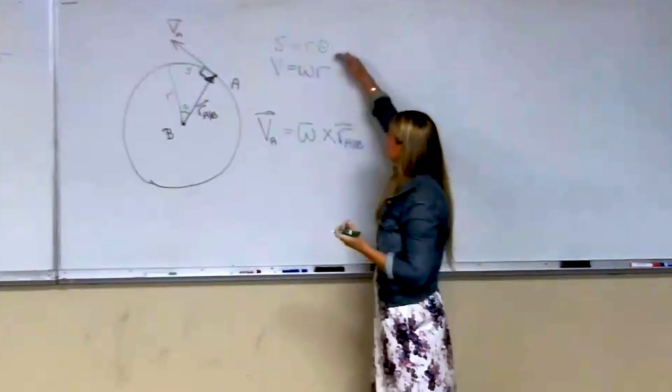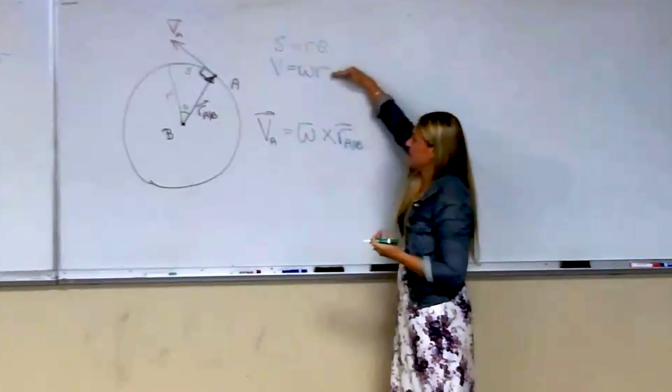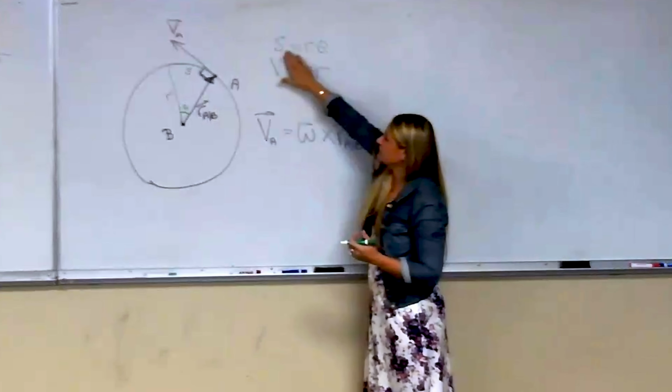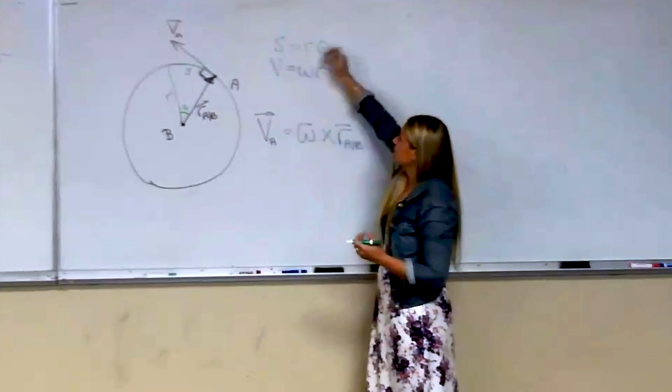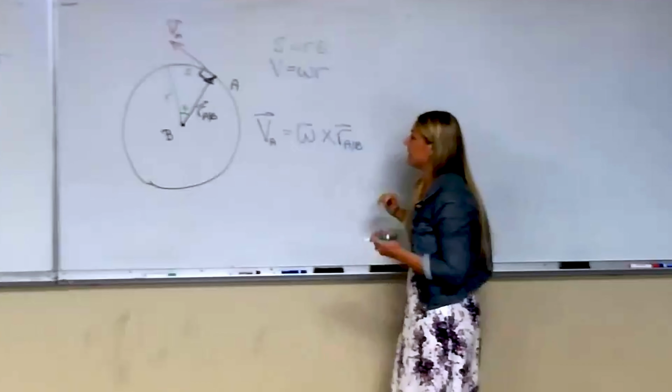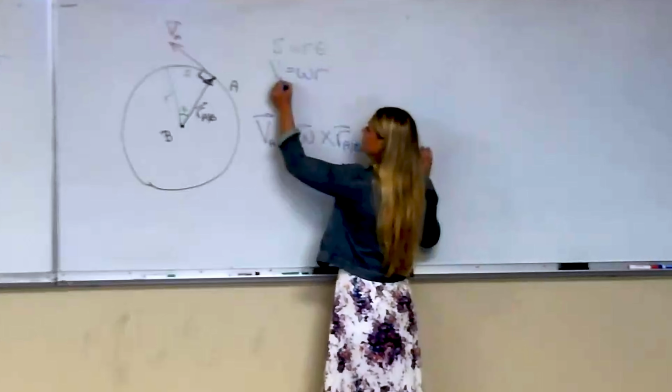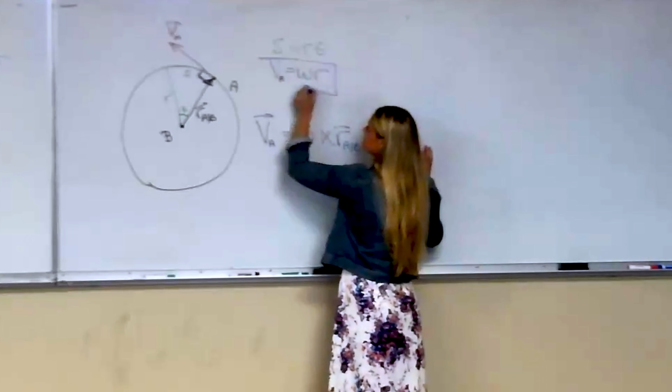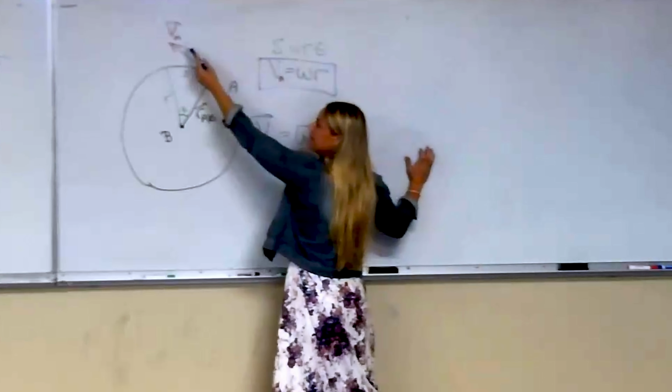So if we simply take the derivative of this, the derivative of position is velocity, the derivative of theta is omega, okay? And R is constant, so that can just stay as R, okay? So this is a perfect equation to represent the velocity of A